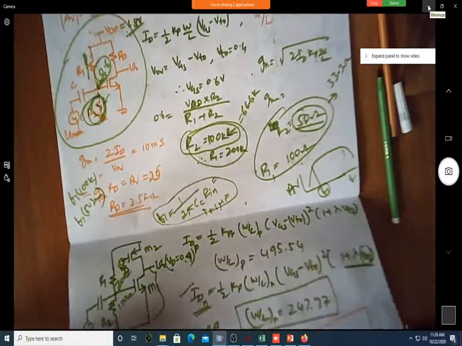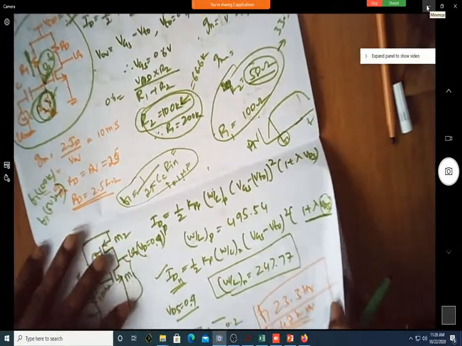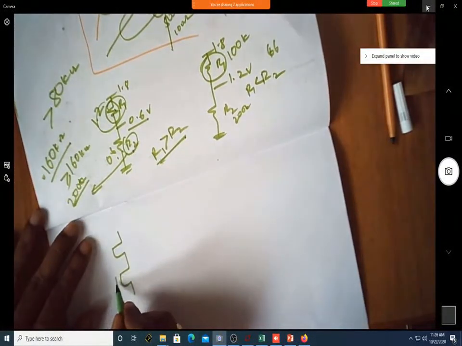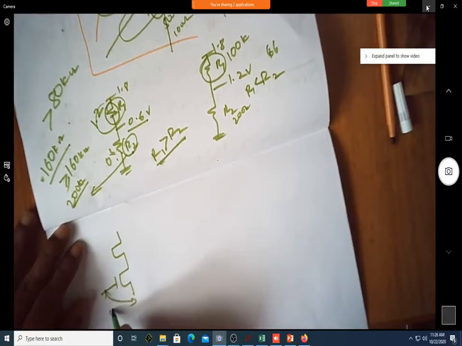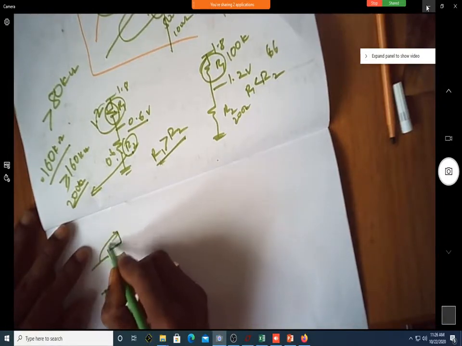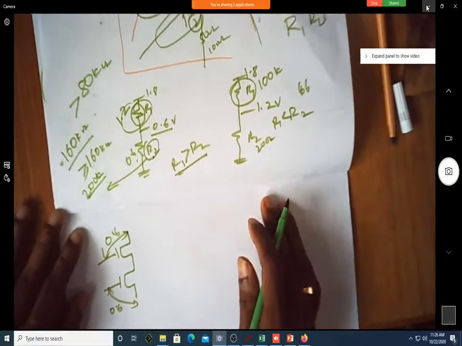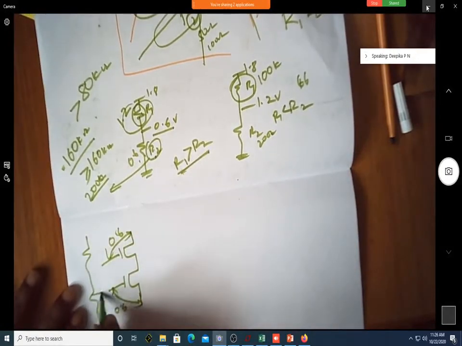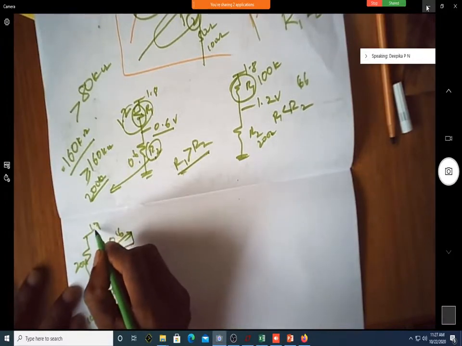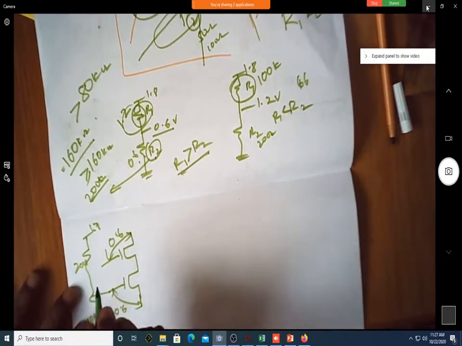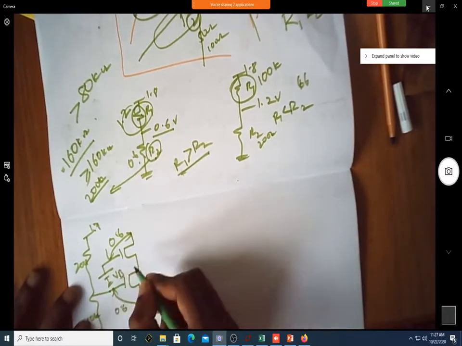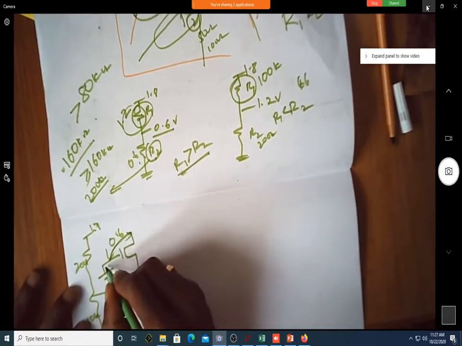Okay, let me just tell you. Now you have this transistor. This is 0.6. This also should be 0.6. Is it visible now? Yes, sir. How did you get this 0.6? We actually used a potential divider of 200K and 100K, correct? With 1.8. Yes. Now here also I can use a potential divider, but for the time being I'll apply some DC voltage which is VB, so that this voltage is 0.6.